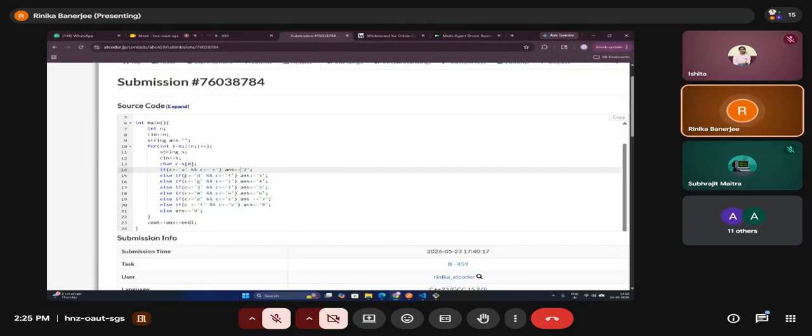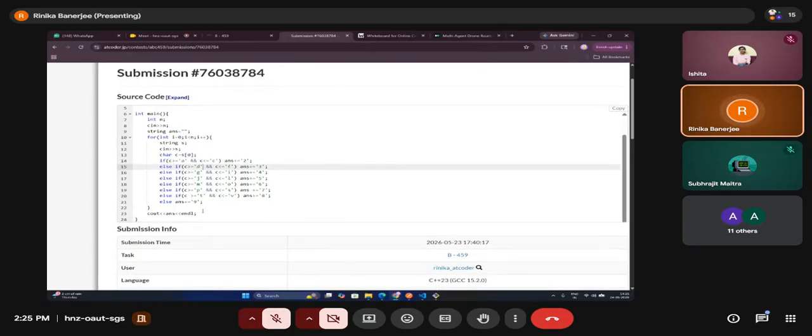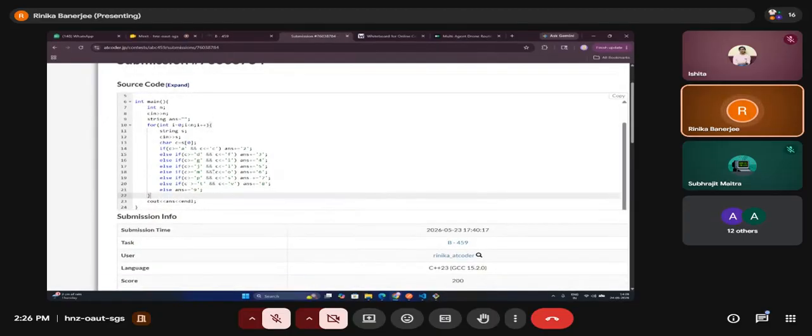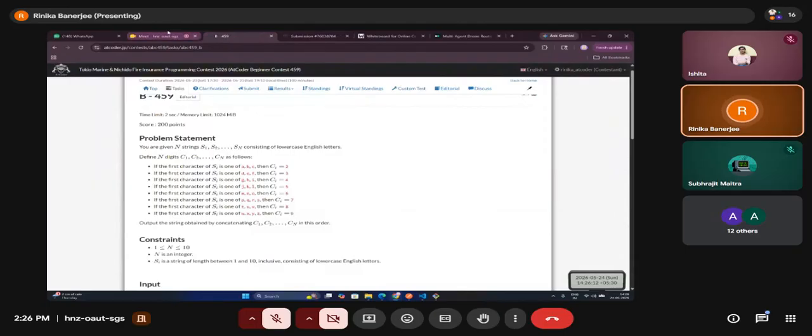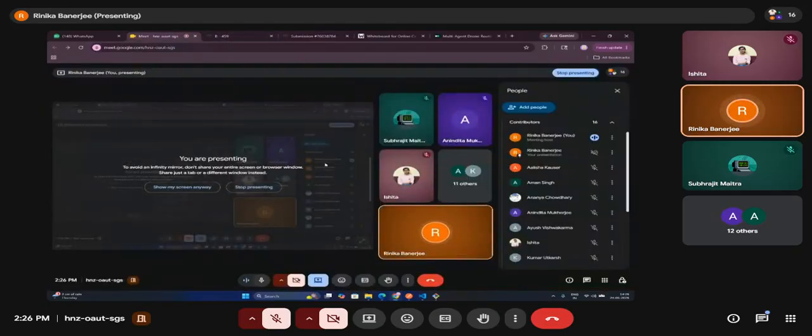Now if character c is greater than or equal to D and less than or equal to F, then we will append 3. We just did whatever the question stated, in which range what we need to append to our answer, and at last we printed the answer. For the time complexity, we iterate n times, and then we take input and do just if-else, which is big O of 1. So the time complexity is big O of n. I hope everybody understood the question. I hope there is no doubt, and I hope everybody did this question. These two questions were really easy.